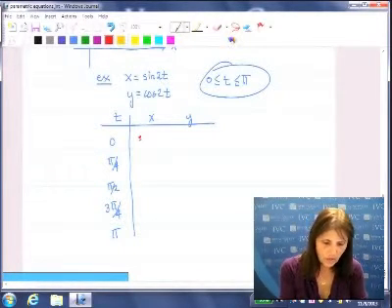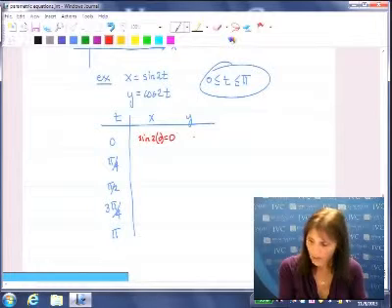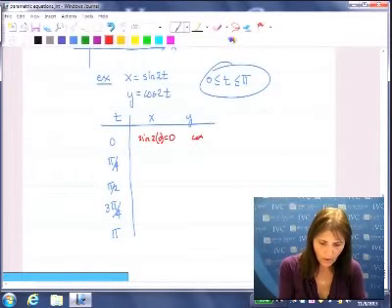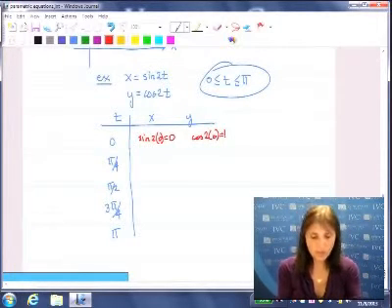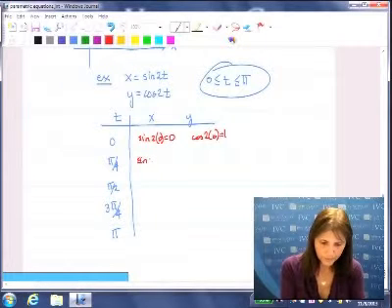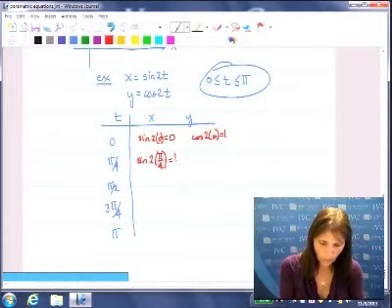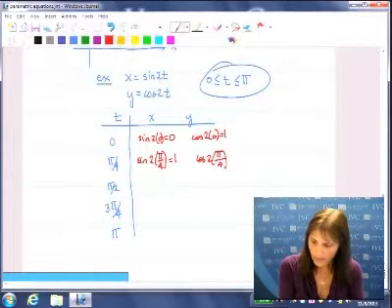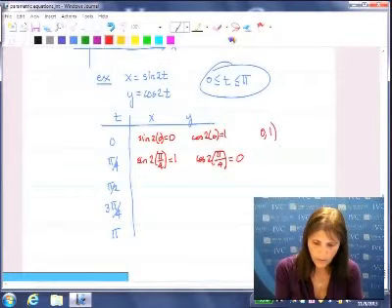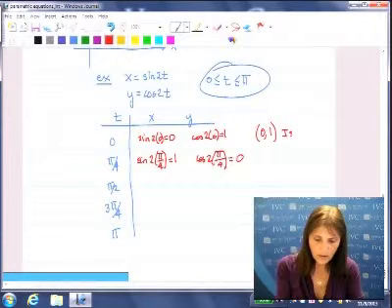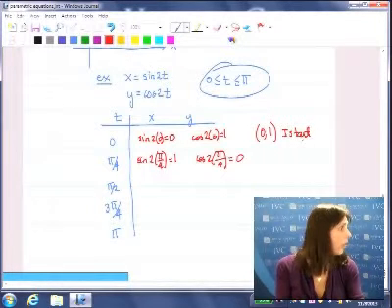You're going to get sine of 2 times 0, and that happens to be 0. And this one is cosine of 2 times 0, and that happens to be 1. And then you do the same thing. Sine of 2 times pi over 4, and that happens to be 1. Cosine of 2 times pi over 4, and that happens to be 0. So I have a 0, 1. And that's where I start, and I go to